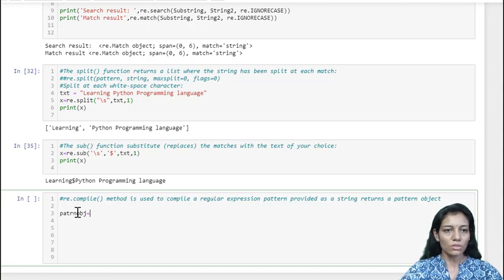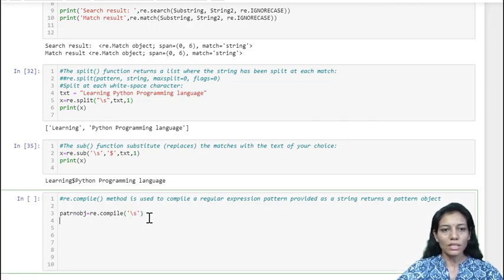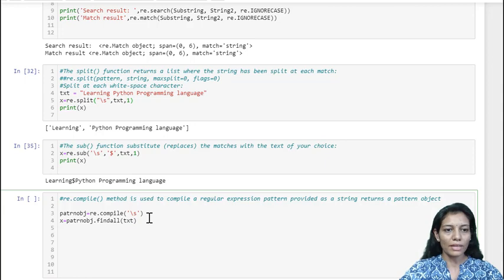re.compile, in which I am going to define my regular expression, that is white spaces that I want to search. Now this particular pattern can be used with any of the valid methods, that is pattern object.findall, and I am supposed to use the text where I want to apply this particular pattern, and print x.